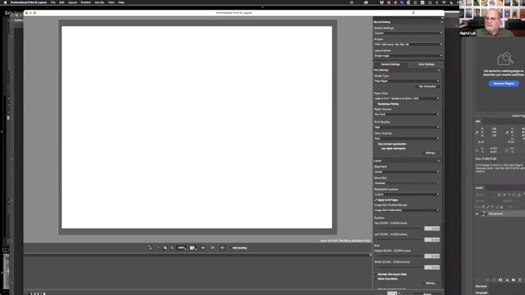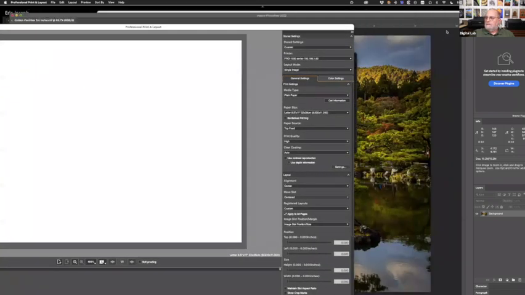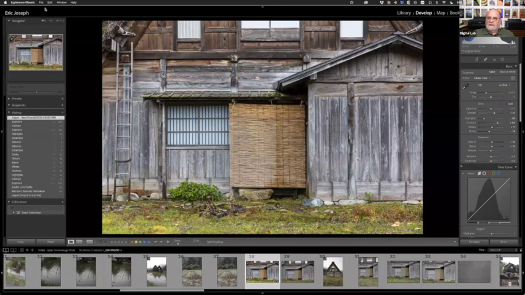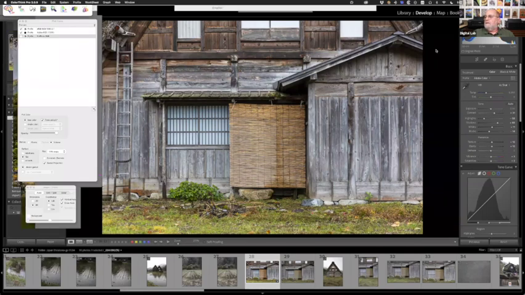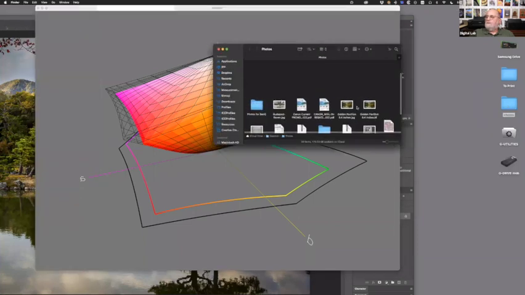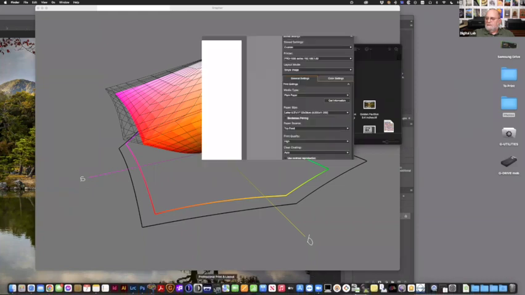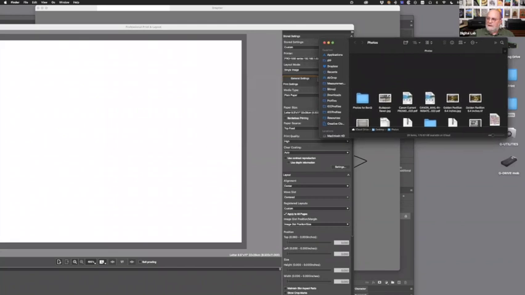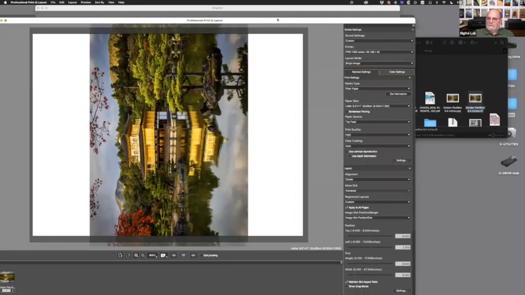So I am going to go to my desktop, and I am going to drag and drop an image. If I can get back to my desktop, let's hide Lightroom Classic for right now. Okay, so I'm going to take a photo and I'm going to go back to professional print and layout. So the nice thing about professional print and layout as well is that if my photo is finished, it's ready to go, right? I could just take it and drag and drop it in there. Okay, so